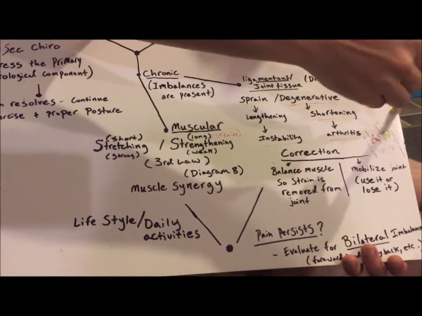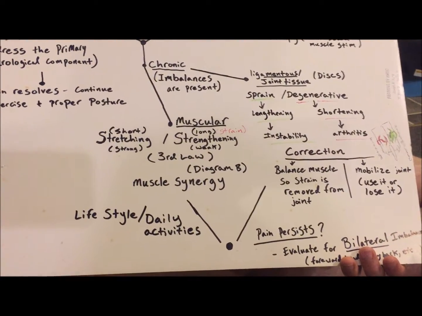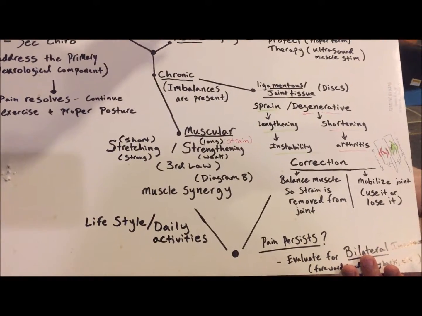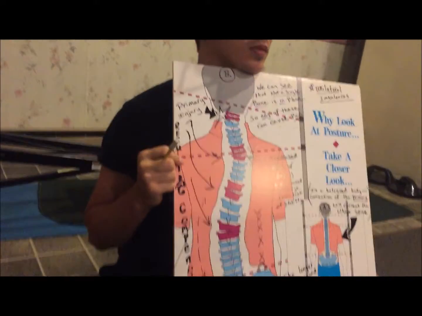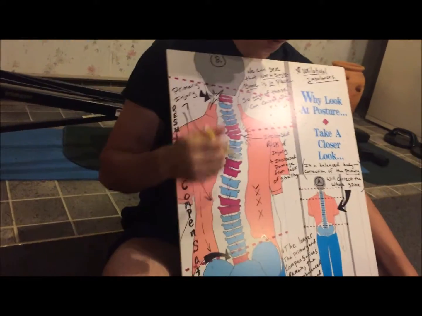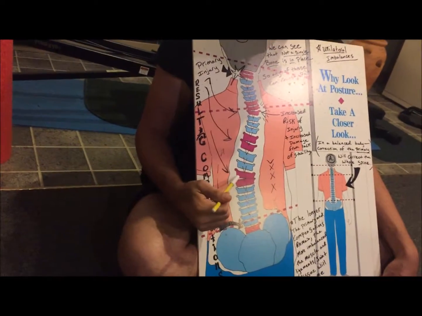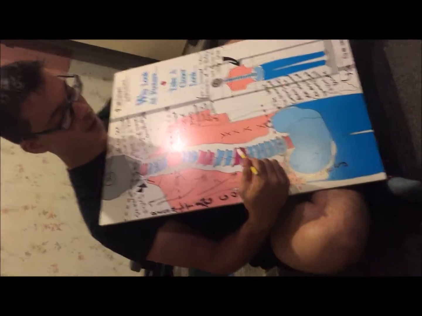So what happens when we adjust a hypermobile segment? Chiropractic-wise, usually feels worse, because you're increasing motion where there's already increased motion. So that's why we adjust the purple areas, because they're fixated. Now some of us have different areas all throughout their spine. Some are fixed, some are not, some are hypermobile. You could have this be fixed and this be hypermobile. See how that's stretched there? So this joint's being overstretched, and this one's fixated.